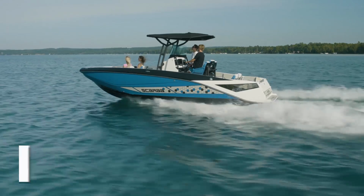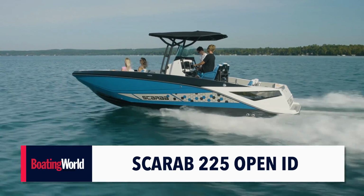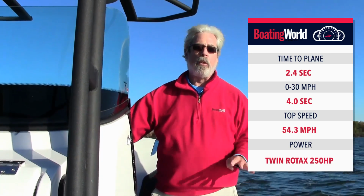Today I'm aboard the Scarab 255 Open ID. We're on Lake Cadillac here on a crisp fall day with a little bit of wind blowing, and we're seeing the attributes of this big new jet boat from Scarab. Lots of freeboard. It's hip high almost. It's powered by twin 250 horsepower Rotax jet engines, and I'll tell you what, you feel like you're driving a jet. We got on plane in 2.4 seconds, very little bow rise, 30 miles an hour in 4 seconds flat,